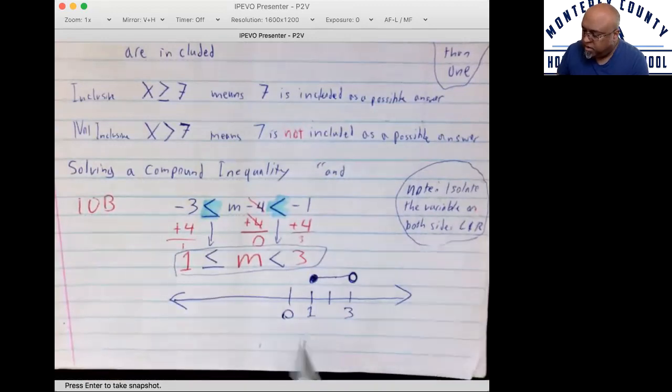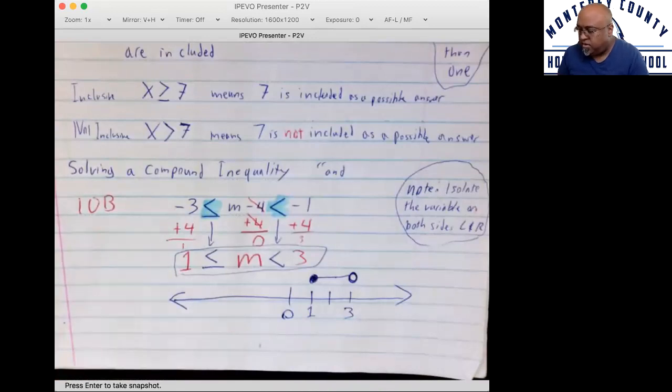So it's interesting because this side is inclusive, meaning it includes the number that it's at, but the right barrier here, 3, is not inclusive, meaning it does not include 3. So it could be 2.9, but it cannot be anything as large as 3. Okay? Now,